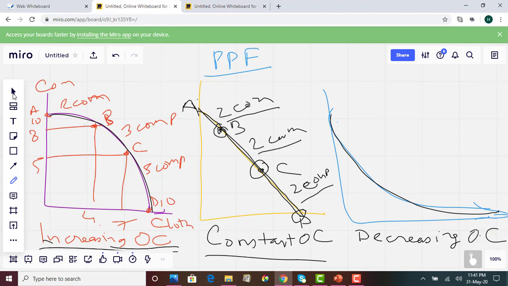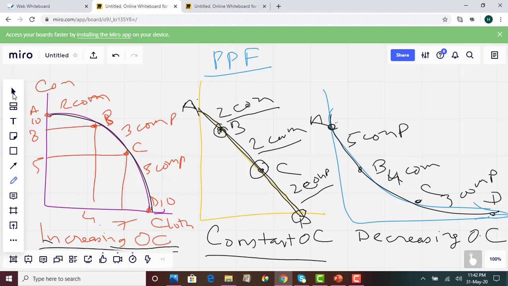Okay, so let's say this is point A, point B, point C, point D. What that means is here we are giving up more computers. Here is 4 computers, here is 3 computers. So see, the opportunity cost is decreasing as we are going. So that's why it is called decreasing opportunity cost, and that's when we are going to have this type of